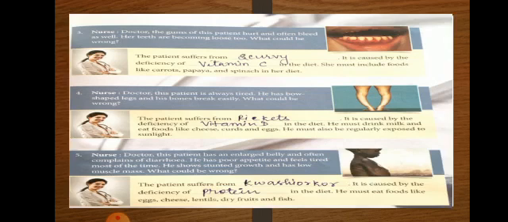Next case, the patient has an enlarged belly and often complains of diarrhea. He has poor appetite and feels tired most of the time. He shows stunted growth and has low muscle mass. What could be wrong? The patient is suffering from kwashiorkor, and it is caused by deficiency of protein. So he must eat food like egg, cheese, lentils, dry fruits and fish that contain a lot of protein.